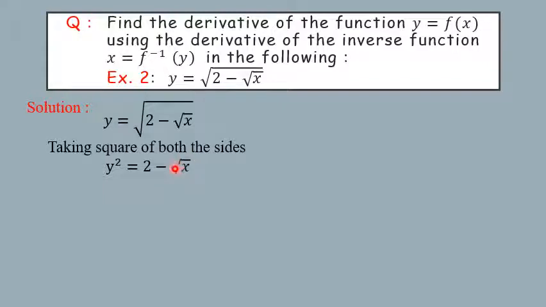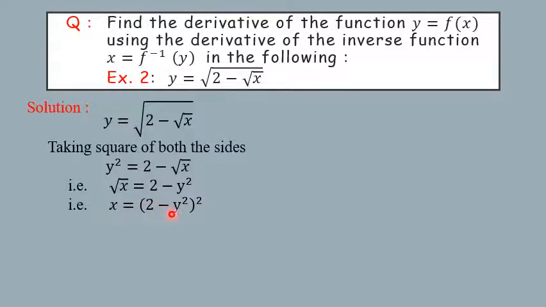Now here also we have to cancel this square root, because to find the inverse of this function we have to express x in terms of y. So for that this equation can be written as, now minus under root x is shifted to the left hand side, so it becomes plus under root x, and y square is shifted to the right hand side, so plus y square becomes minus y square. So we get under root x is equal to 2 minus y square, and to cancel the square root sign, taking square we get x is equal to (2 minus y square) whole square,